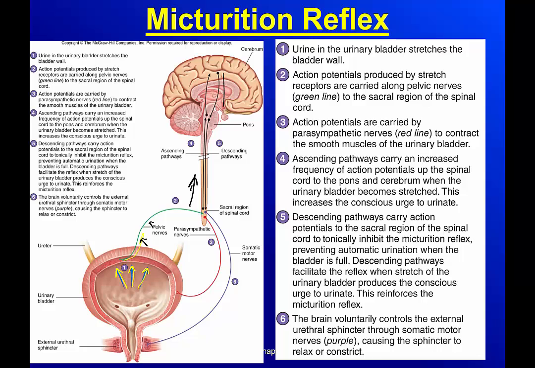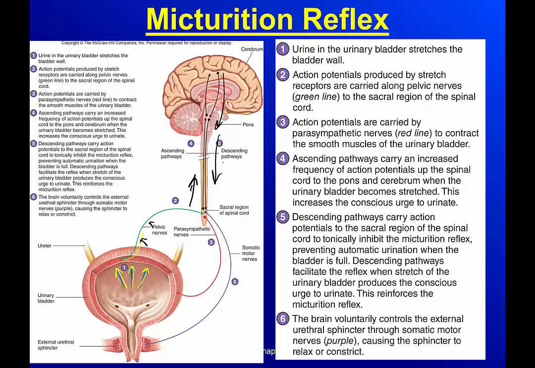Now, we've got a descending pathway as well coming from our brain. The descending pathway carries action potentials to the sacral region of the spinal cord to tonically inhibit the micturition reflex, preventing the automatic urination when the bladder is full. Descending pathways facilitate the reflex when stretch of the urinary bladder produces the conscious urge to urinate, and this reinforces the micturition reflex. So that feeling of I have to pee goes up to your brain and you recognize that